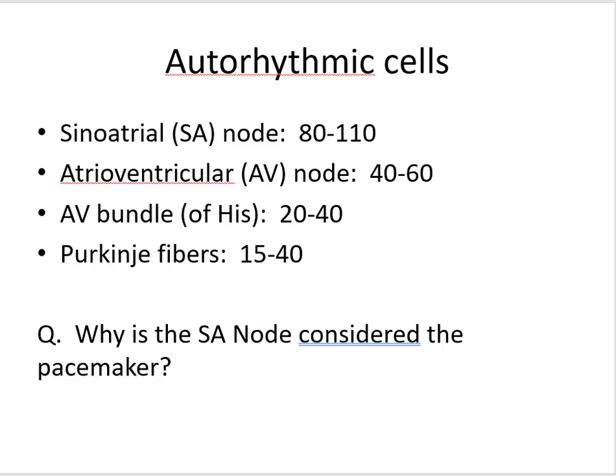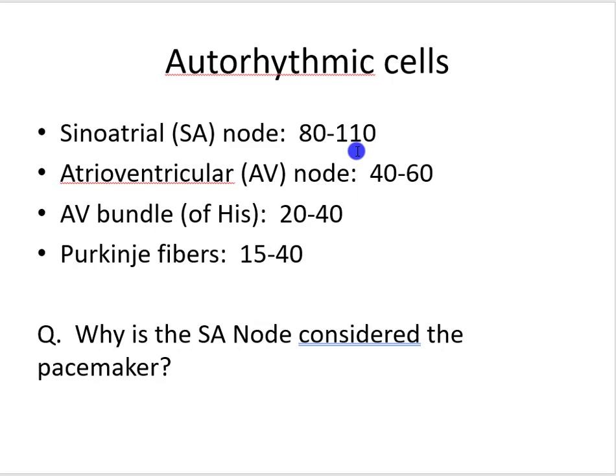What that tells us is that because the SA node runs at this speed, but we know resting heart rate is lower, under resting conditions, what is your physiology trying to say to the SA node? Specifically, what is the nervous system doing to the SA node? I'll make it very simple. Does it encourage the SA node to speed up and say, come on, give me more? Or is it encouraging the SA node to hold back just a little bit, to chill out, to put the brakes on just a bit? The answer is the parasympathetic nervous system is putting the brakes on the SA node